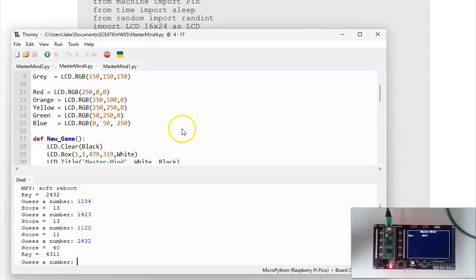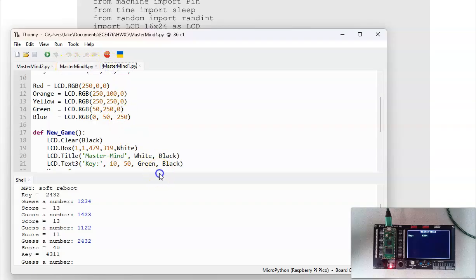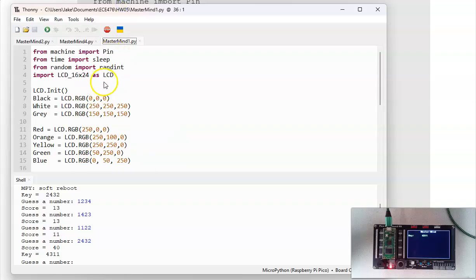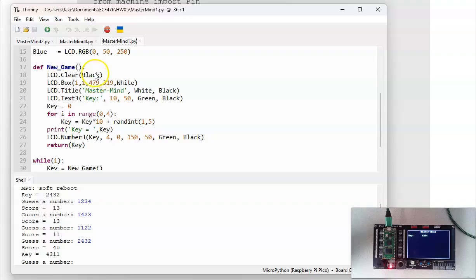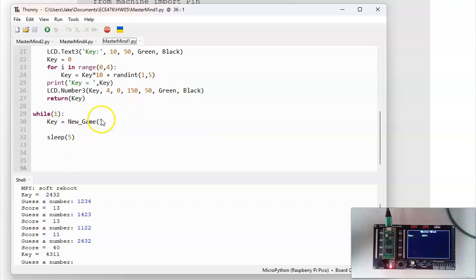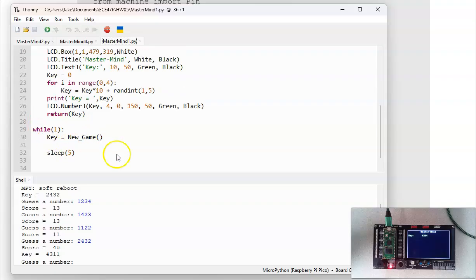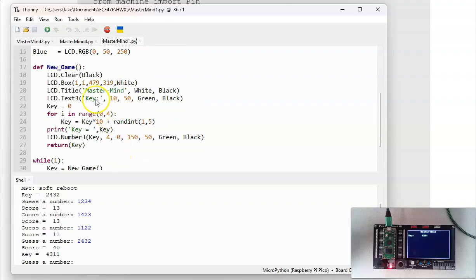So in Python, what I'm going to do is start out right here. All I do is initialize the graphics display, set the colors, and come up with a subroutine called new game. I will start the new game, wait 5 seconds, generate a new game. Here's the key. What new game does is clear the display, draw a box around it, and say Mastermind,